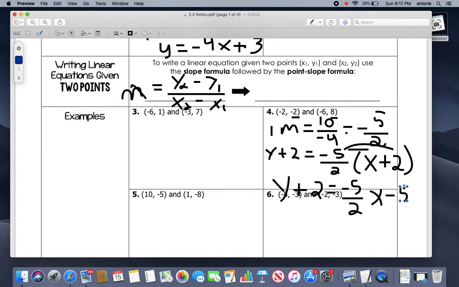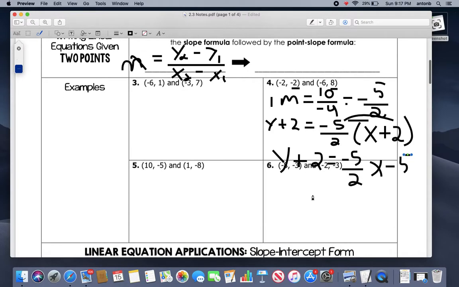Perfect. Now, last thing, take this 2, right? It's +2 here. Move it over. So you're going to subtract 2 from both sides, and your final answer for number 4 is going to be y equals -5 halves x